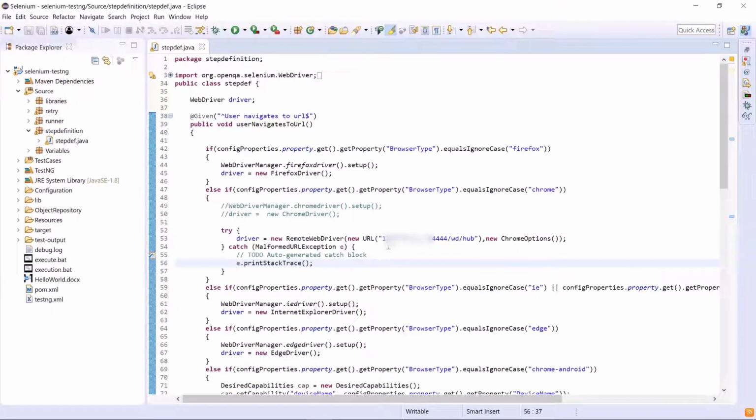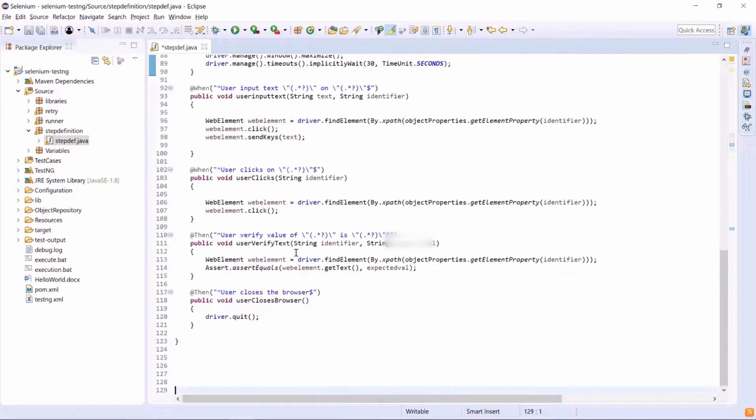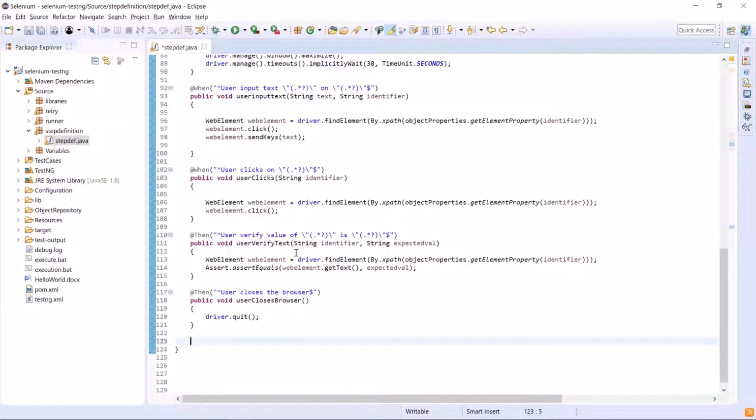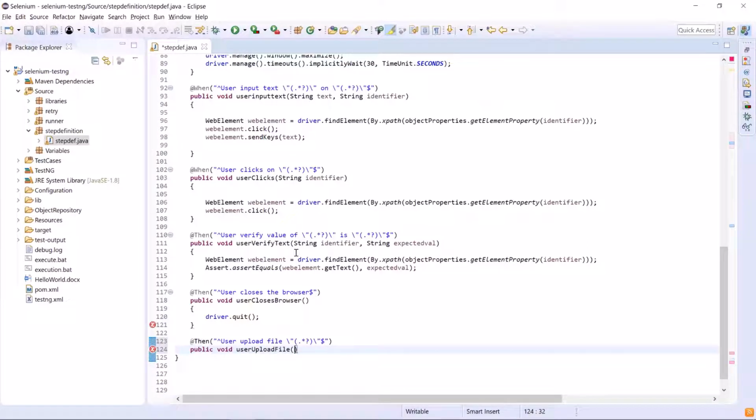Then the next thing we need to do is create a step definition for the file uploading keyword. So I'm going to write the step definition for the keyword called then user upload file, which accepts the file path as a parameter. Then we'll write the method against this keyword, which takes file path as an argument.